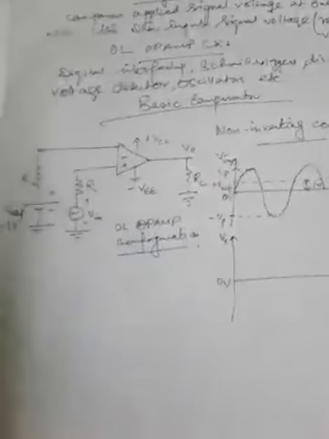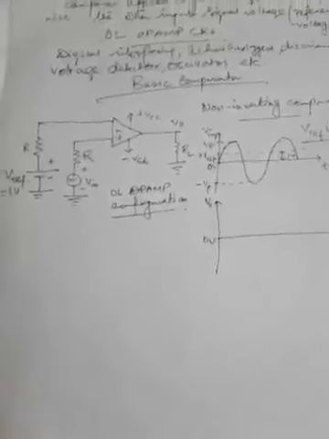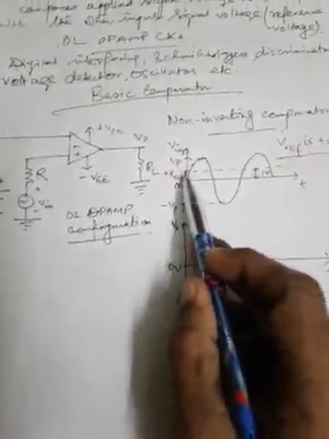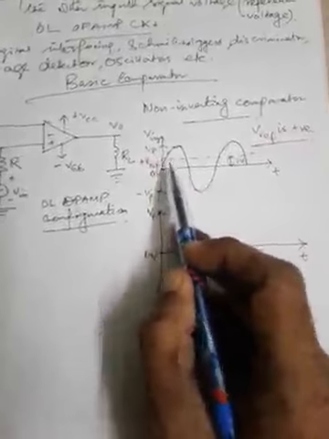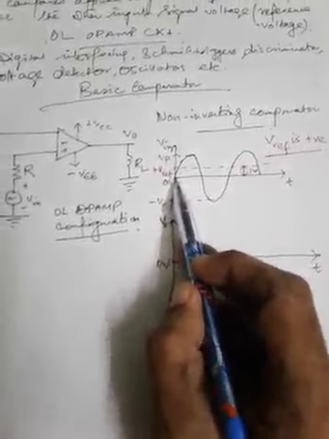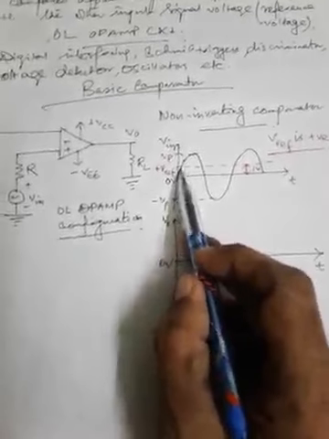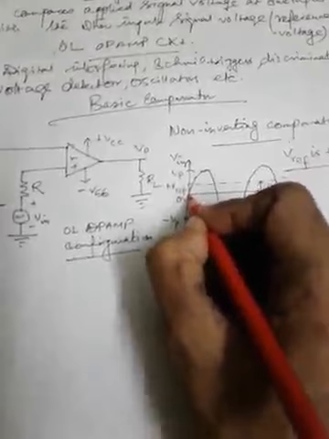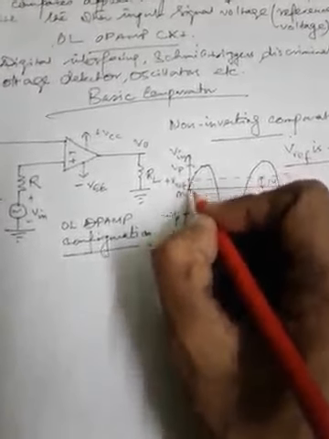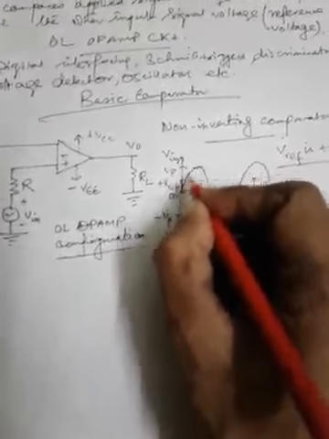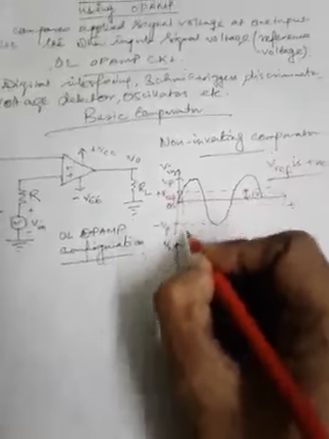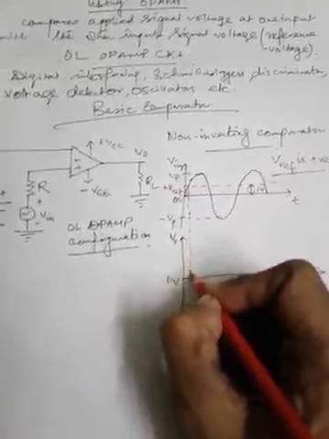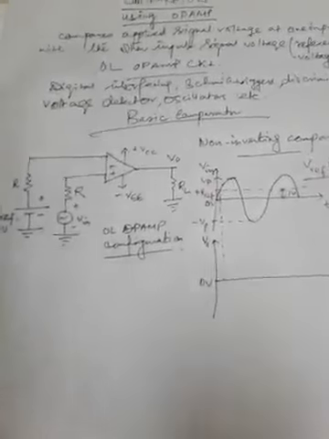So now let us see how the output waveform will come. When Vin is less than Vref, you can see from the diagram, this is the level of Vref. When Vin, which is alternating in nature, lies within this portion, less than Vref, that means from t equal to 0 up to the point where it crosses the Vref level, it will be